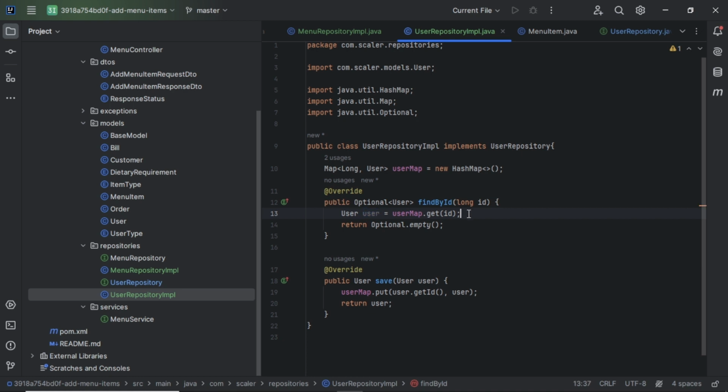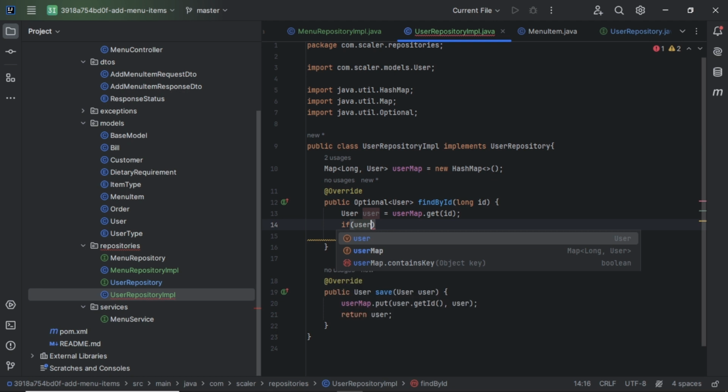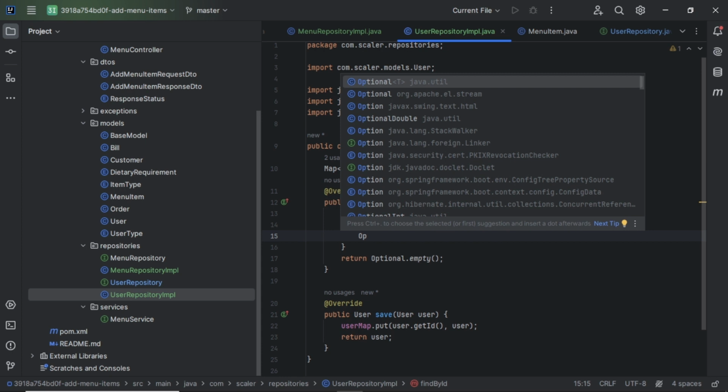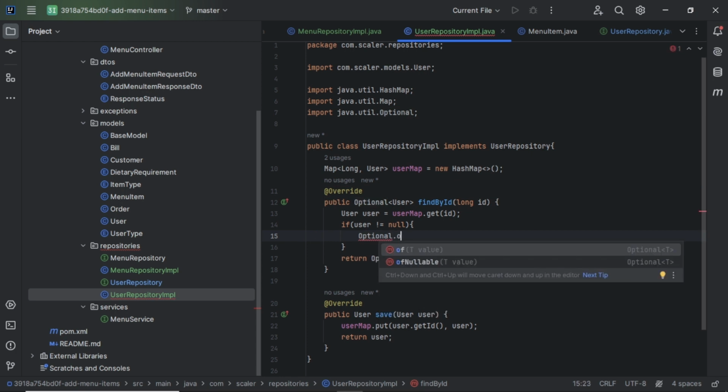Okay, we will write one condition here: if user not equals to null, what we will do, we will add this user in the optional, which is required. So we will write Optional dot of, with a value. This of is a method which will insert the value inside of the optional.